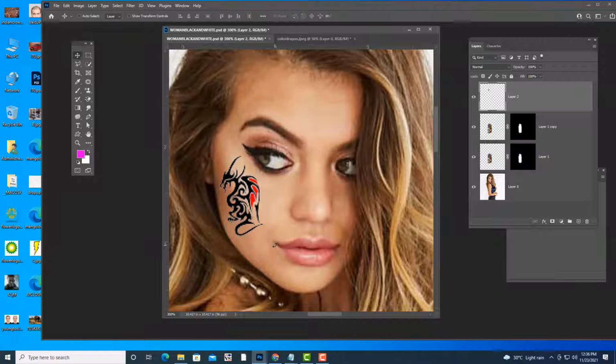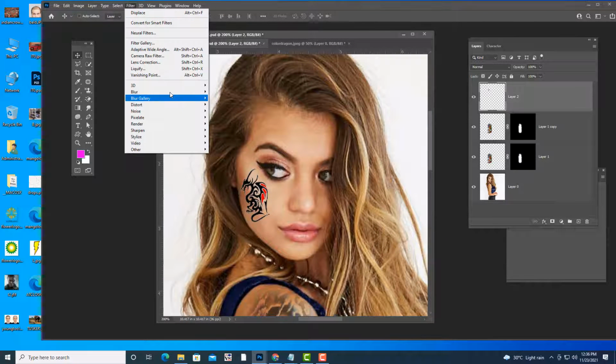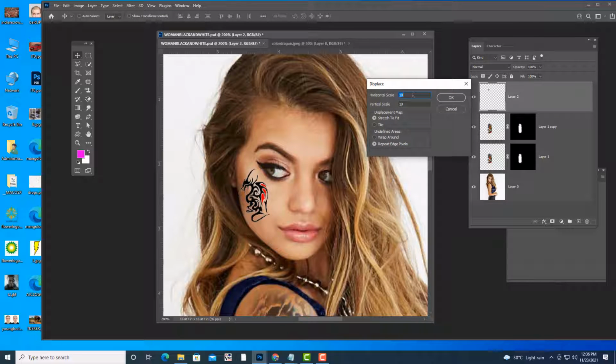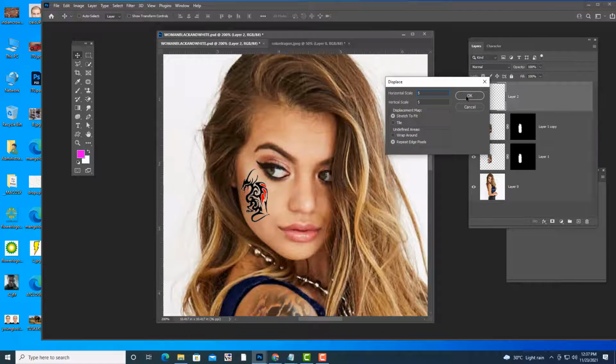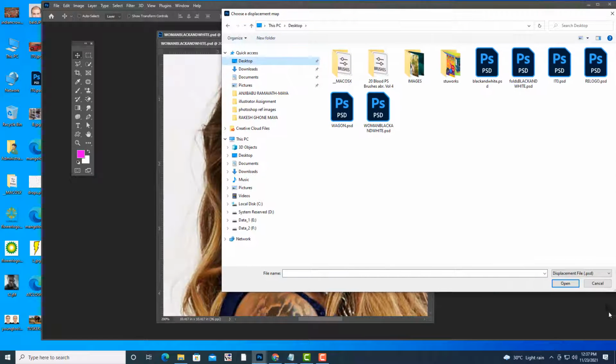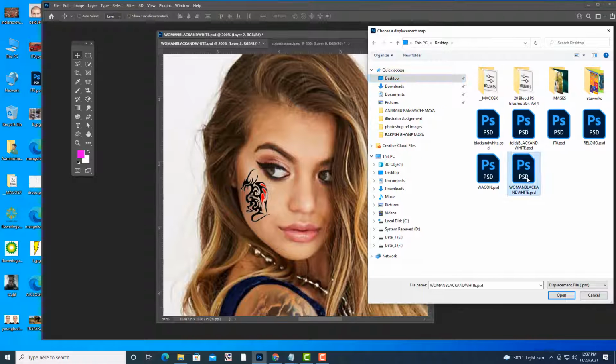First, I am going to apply the displace filter to this. Select this layer, Filter, Distort, Displace. This time I am going to reduce the scale value. I am going to make it 5 and 5, and then I will click OK, and then I will open this black and white file.